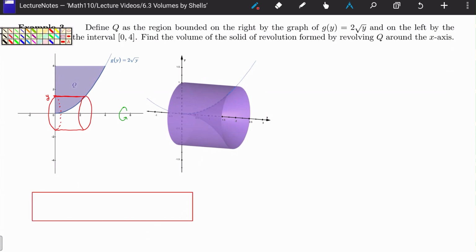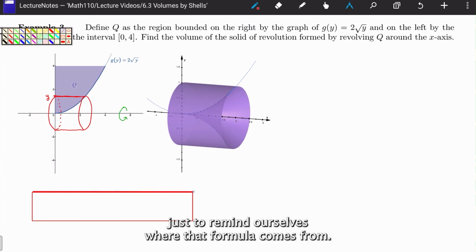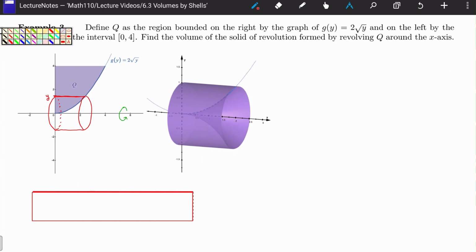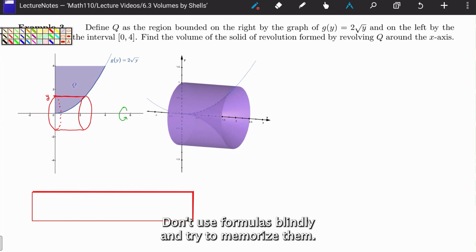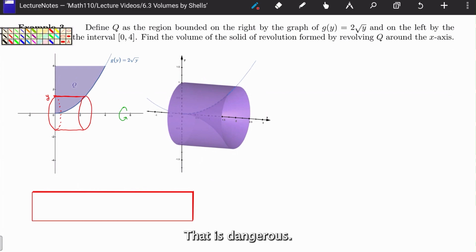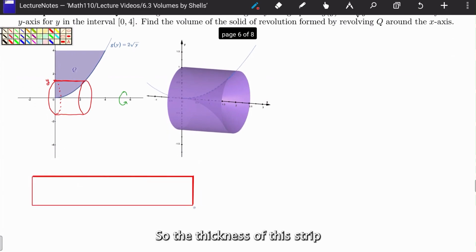And I'm going to continue to draw it with a little bit of extra thickness, just to remind ourselves where that formula comes from. Don't use formulas blindly and try to memorize them. That is dangerous. So the thickness of this strip would be dy,